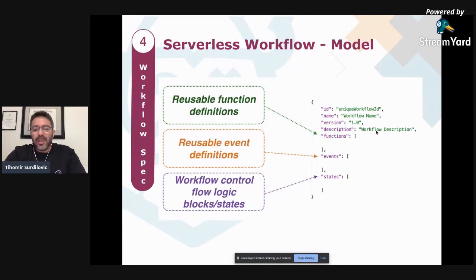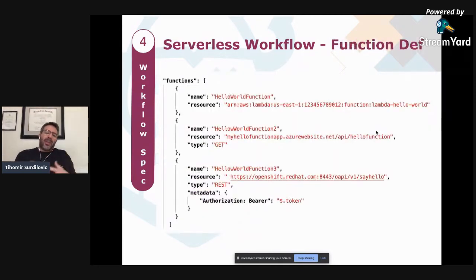So it's a very dynamic type of structure that we're dealing with here. Now, let's take a look quickly at function definitions. One of the things that we're trying to do is really define and be able to execute any types of microservices which are exposed either via REST or some other ways that is possible.